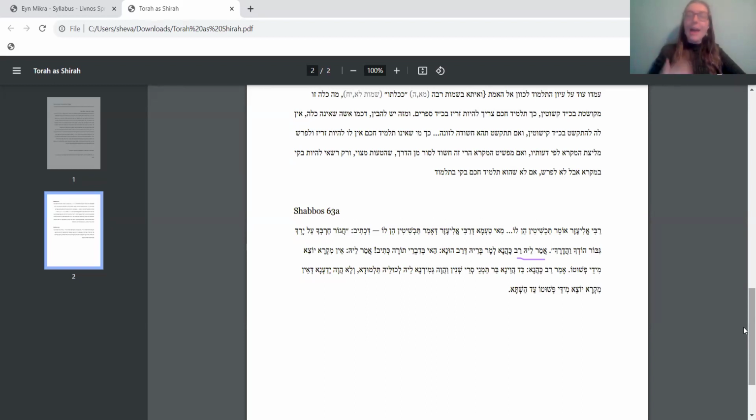And at the beginning of class, we will review this piece in the Gemara so that we're all on the same page again. And we're going to go into it again more in depth. What does it mean, Ein Mikra Yotzei Midei Pshuto? What is the principle that's being laid out here? And what was so impressive to Rav Kahana?